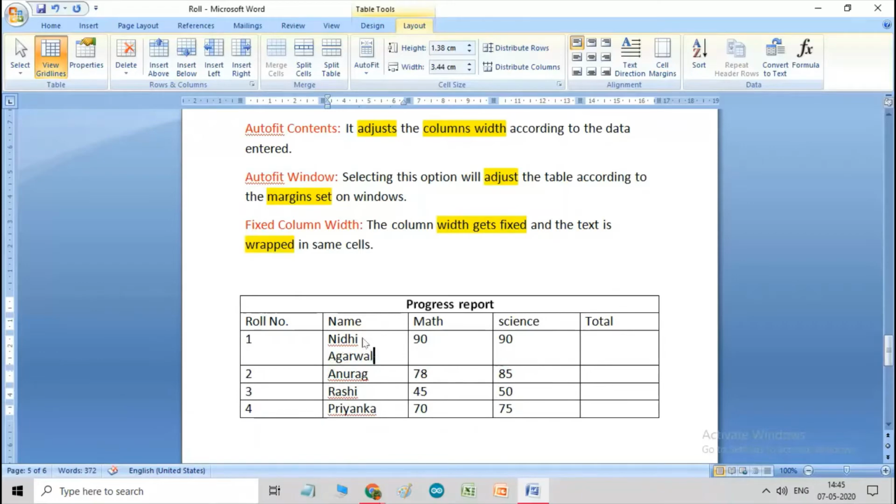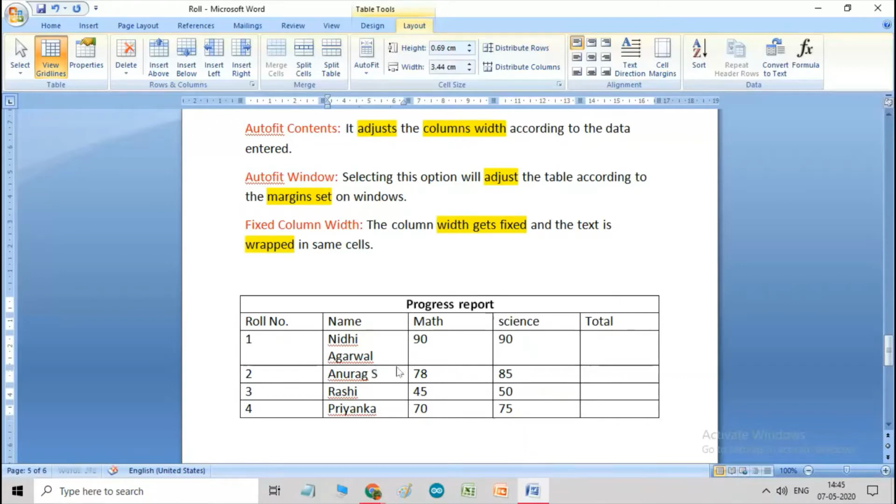So as soon as I typed Agarwal, children, you have noticed that because the column width was fixed, the text is wrapped in the same cell. It has happened just because of this option, fixed column width. The column width gets fixed and the text is wrapped in the same cell. In the same way, now I'll type, then I'll show you the other option.